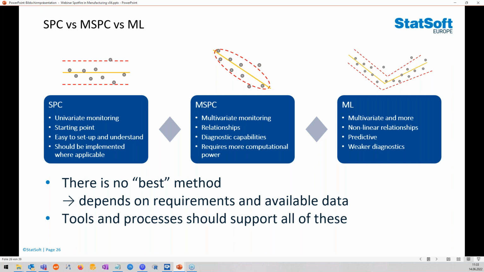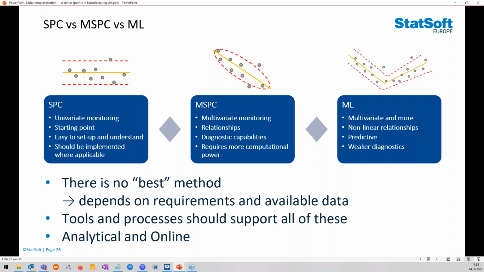So the tools that you're using should support all of these methods to make you able to select the best one for your process. And maybe not select exclusively, but combine or use all of these together. And then it should also be workable in a sense that it should work analytically in your analytical process, but also online, live, or on streaming data, so that during your manufacturing process itself, you are getting informed of the results.